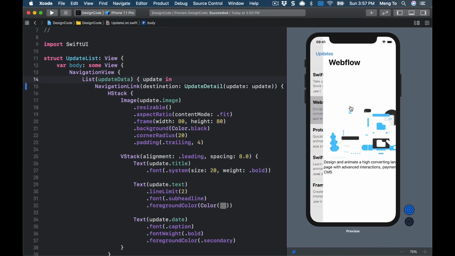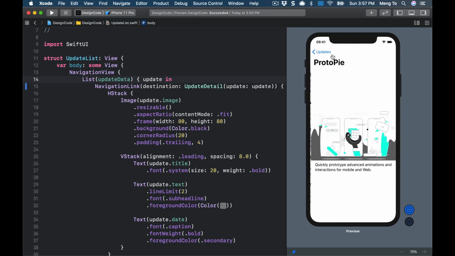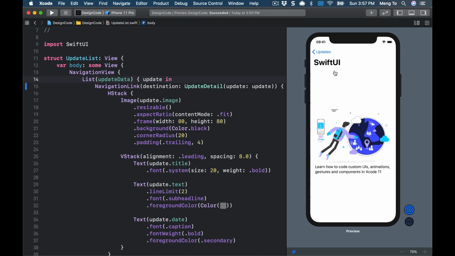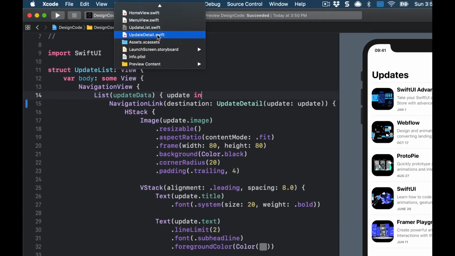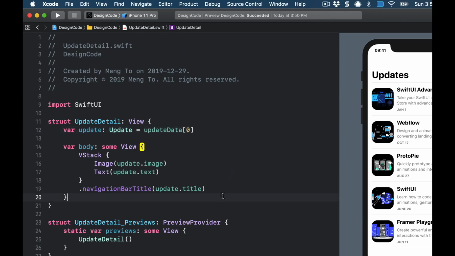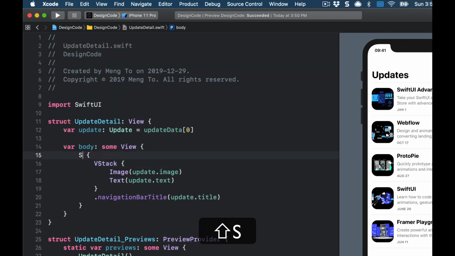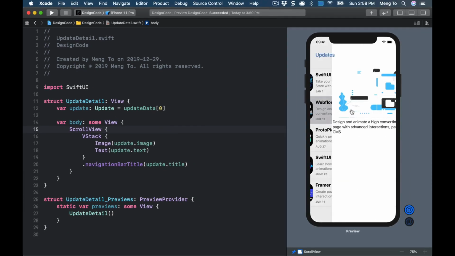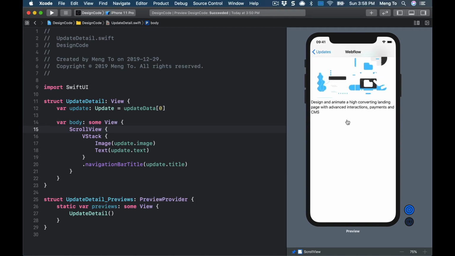Like this, if I click on Webflow, it's going to show Webflow and the image as well as the text for Webflow. And the same for Protopie, SwiftUI, and Framer. Let me add some scrolling. So I'm going to go to UpdateDetail and I'm going to select the VStack and embed, let's say in VStack, replace the VStack by a ScrollView. With this, I'm going to be able to scroll my content, and when I scroll, the title transitions to the